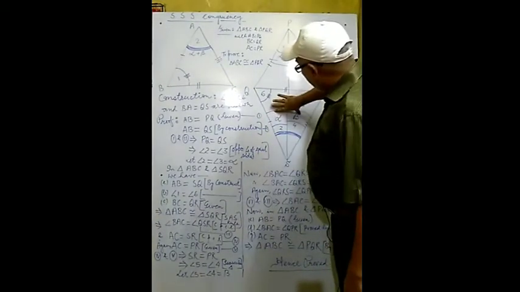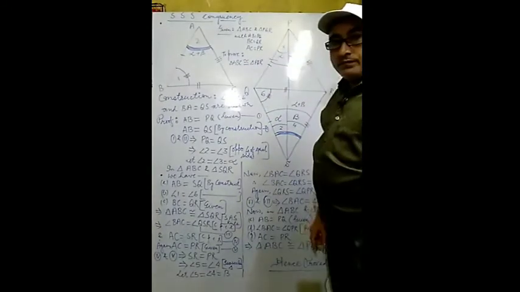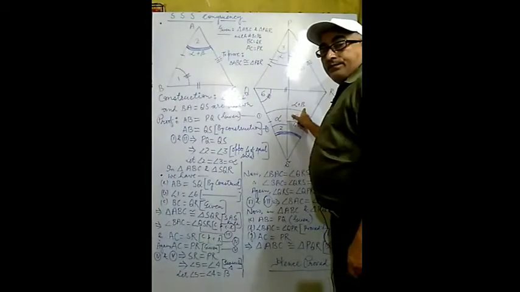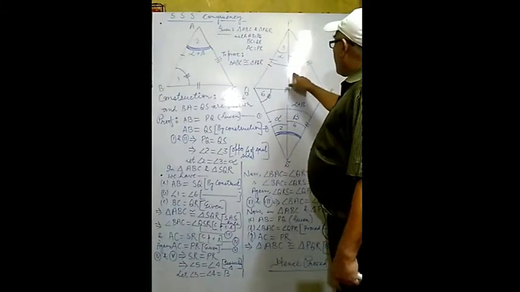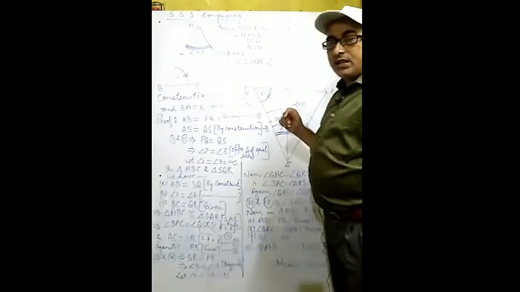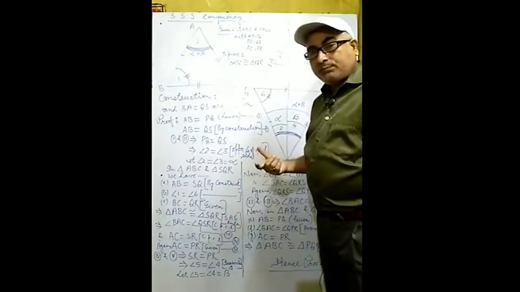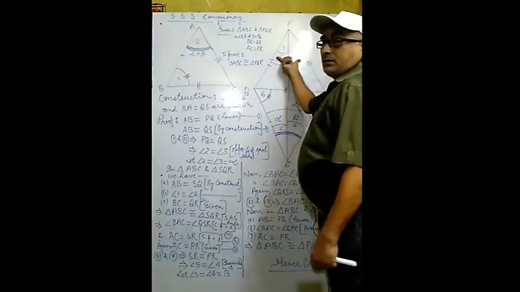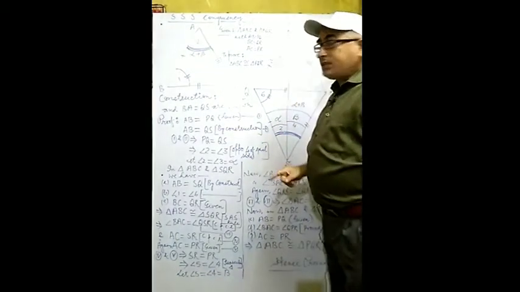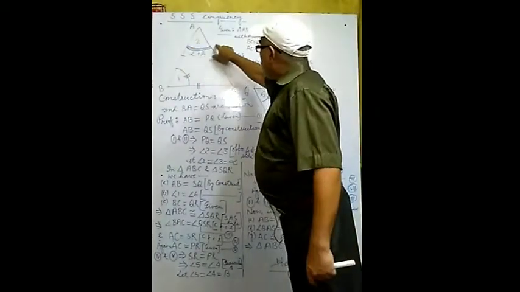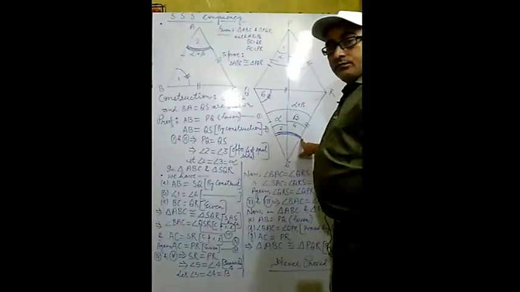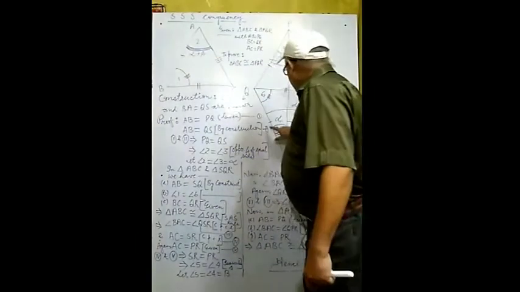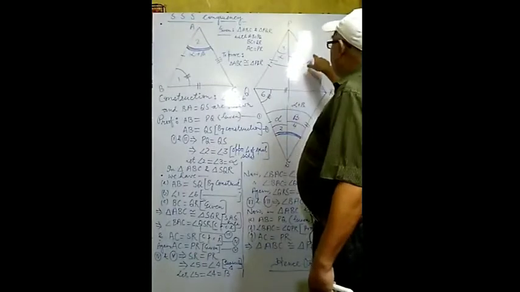Now compare this complete angle and this complete angle. So what will be observed here? This complete angle is alpha plus beta and this complete angle is also alpha plus beta. So what relation is there? Things which are equal to the same thing are equal. Means this complete angle is equal to this one. Now compare here. This complete angle is equal to this one. By CPCT we have proved, and this complete angle is equal to this one.